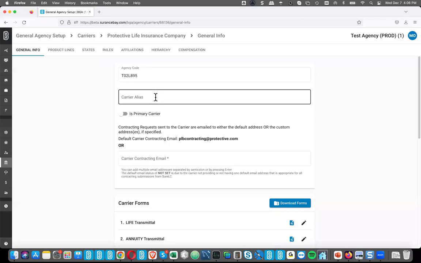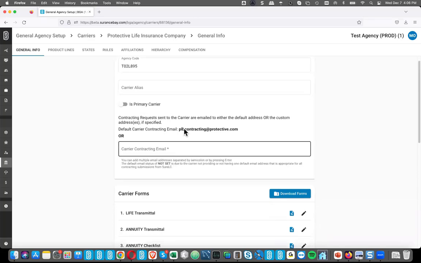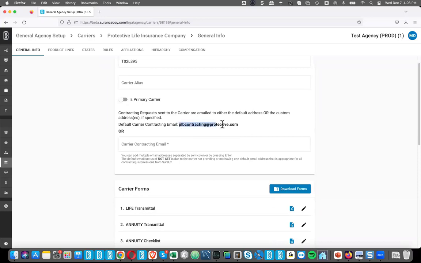You can put in an alias if you want for that carrier. You can specify whether or not you want producers to be required to get a contract or to create a contract request for this carrier first before they can add any other carriers. Some of you use that feature today. This is where we show you what the carrier contracting email address is that we have on file for them. If we don't have one, then you'll see that here.